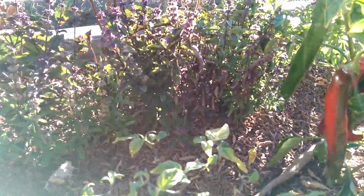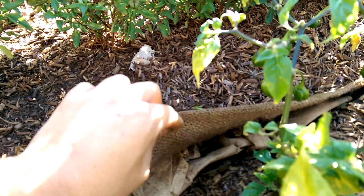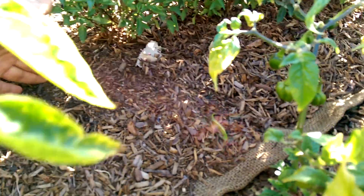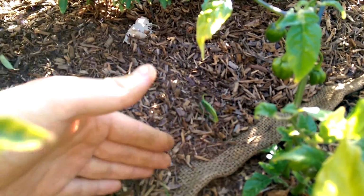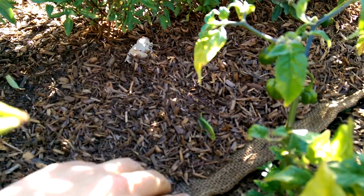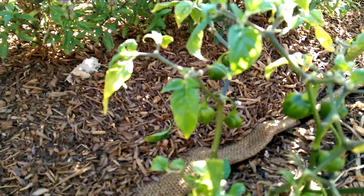And so what I've done is, now this is not pretty, but I'm going to pull this back. You can see there's a little bit of burlap sticking out there. That's a burlap flap that I've pinned down on the other side. So it's about maybe 10 inches wide or so, and it runs the length of the bed, and so I can pull that up, and then inside there you've got basically cardboard and different food scraps and stuff like that I put in there, and I added some compost worms,